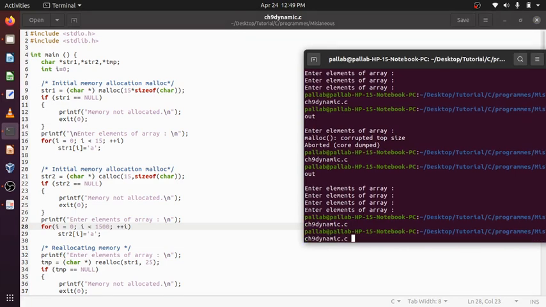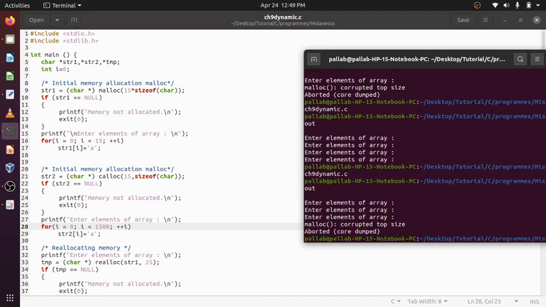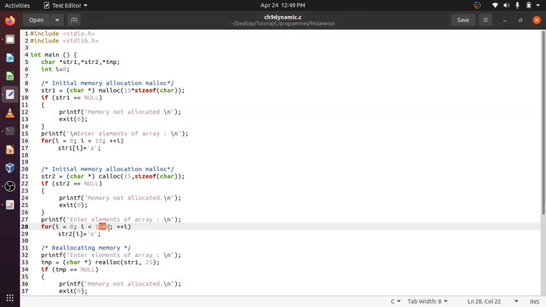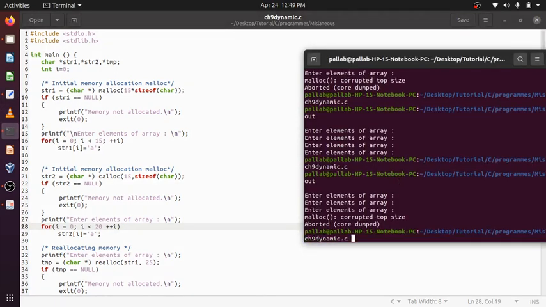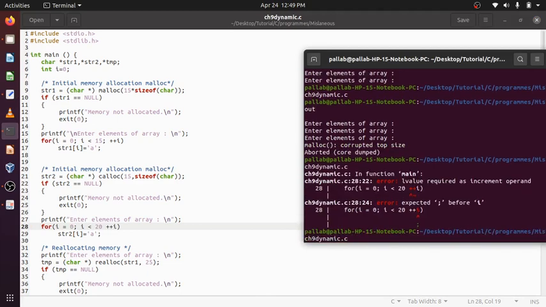It may be possible that the operating system will not stop it, because it will be erratic. It may be possible that the operating system will execute it, but it will override some other memory location. Even if, instead of 1500, I write suppose 20, I am allocating 15 bytes but writing 20 bytes.